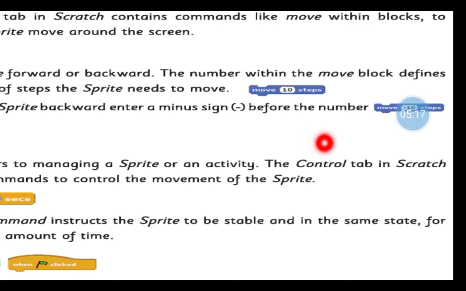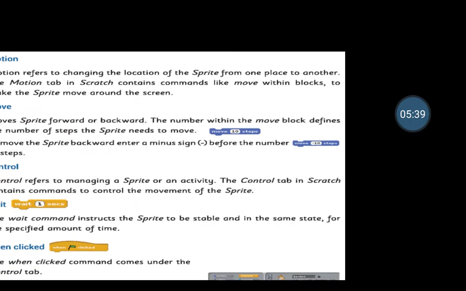The sprite can move forward, or it can move backward. If we write only a number, then the sprite will move forward. When we write the number with a minus sign before it, then our sprite will move backward.